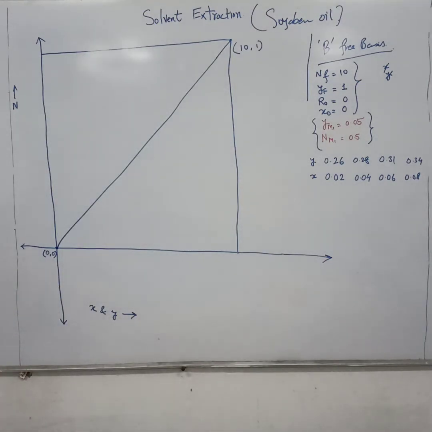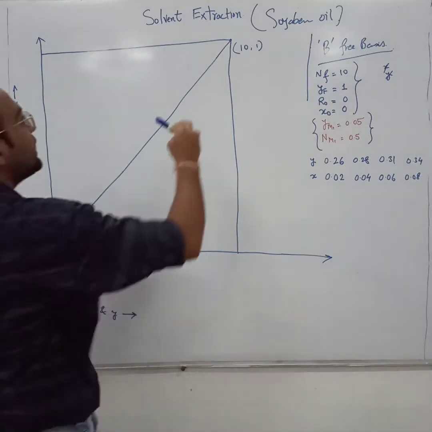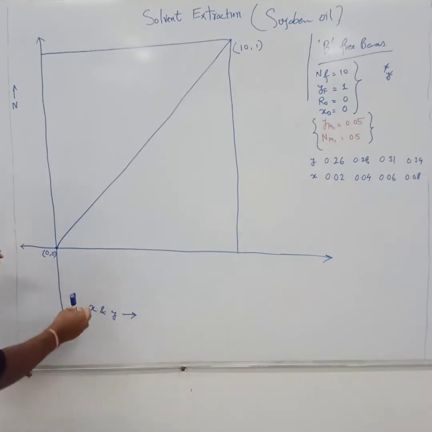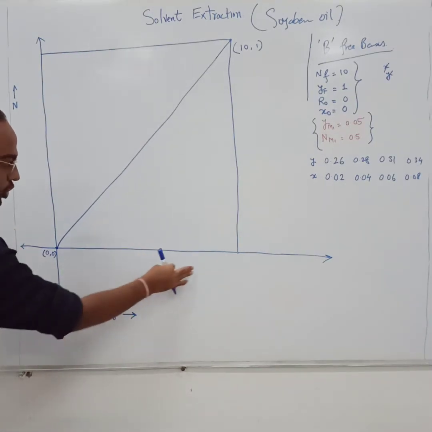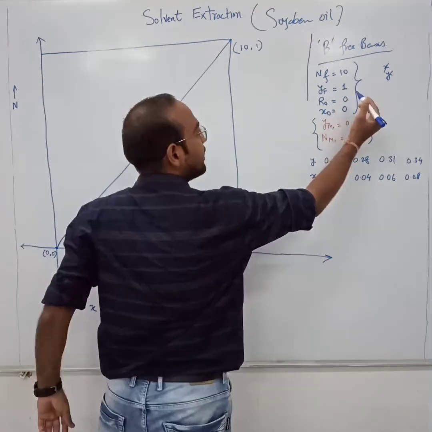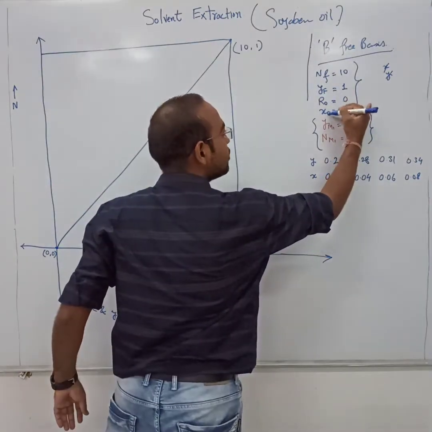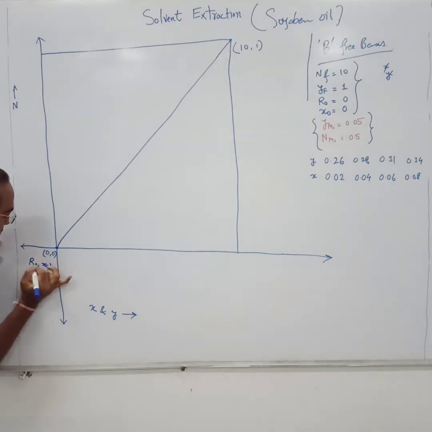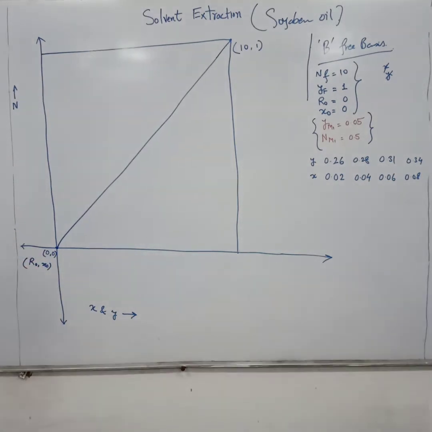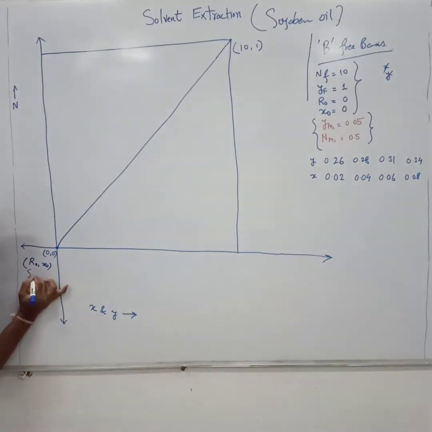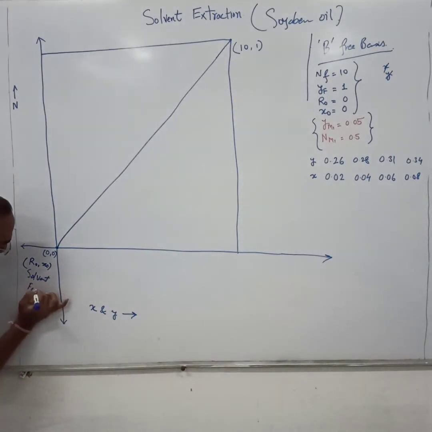Okay, this is your tie line. So how do you get these 2 points? Initially the x and y axes are nominated, small x and y on the horizontal axis and capital N on the vertical axis. After that, starting from 0, this is R0 and x0. These are the values 0 and 0. That is R0 and x0, which means this is the point that indicates your solvent feed point. 0, 0, these two values, this is your solvent feed point.